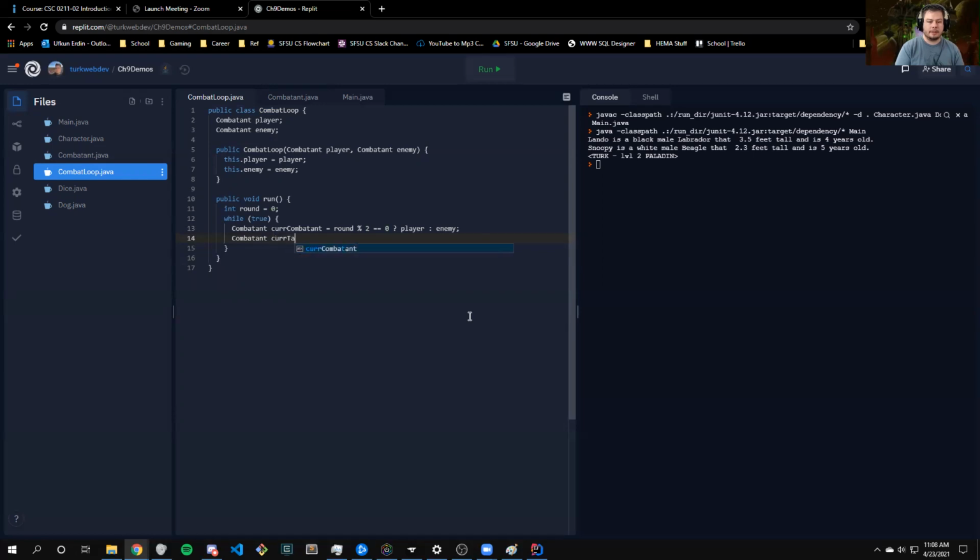Combatant current target is equal to round divided by 2 equals 0. Enemy. And it's just going to be the opposite of this. So if it's the player's turn, the enemy is the target. If it's the enemy, the player is the target. So we're going to roll. We're going to say